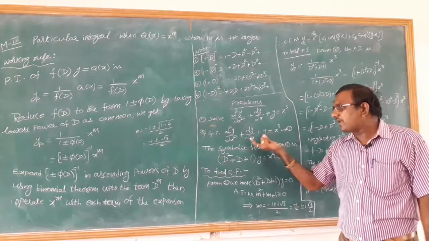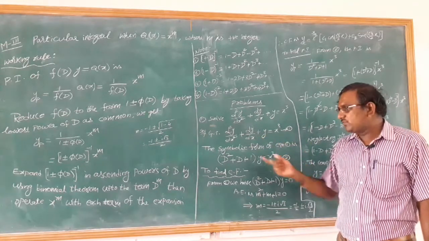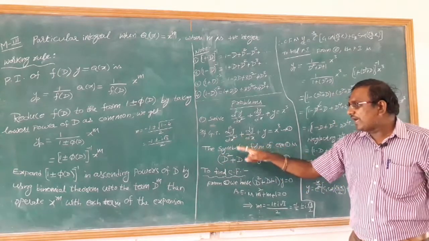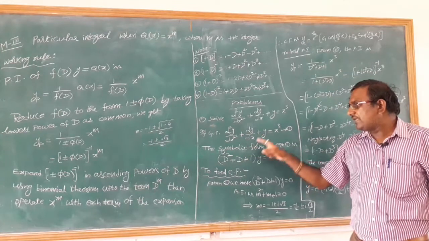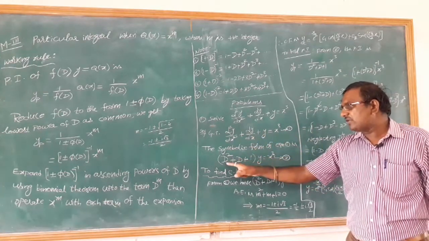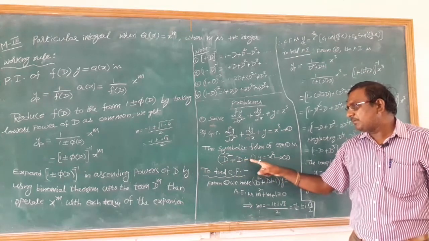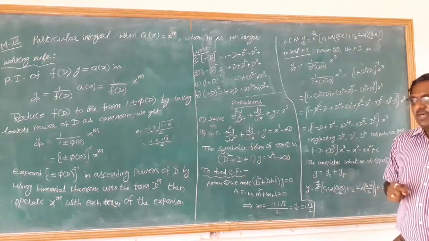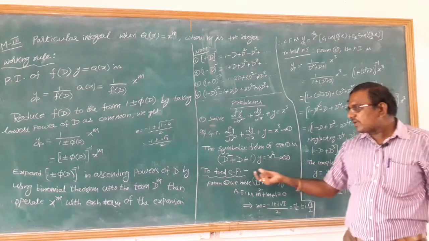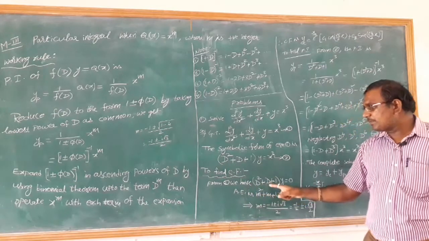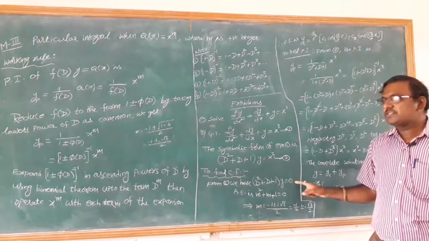Before that, I can write the symbolic form of the given equation. The symbolic form of equation 1 is D square y plus Dy plus y is equal to x cubed. Y is common, then what do we get? D square plus D plus 1 into y is equal to x cubed. Take it as equation number 2. Now we have to find the complementary function. So from equation 2 we have D square plus D plus 1 of y is equal to 0.